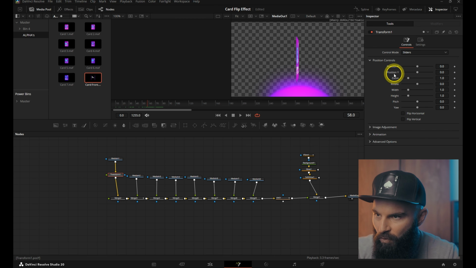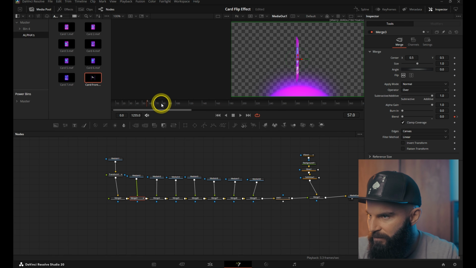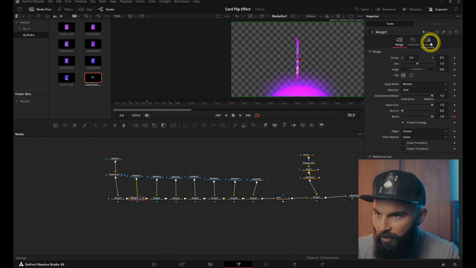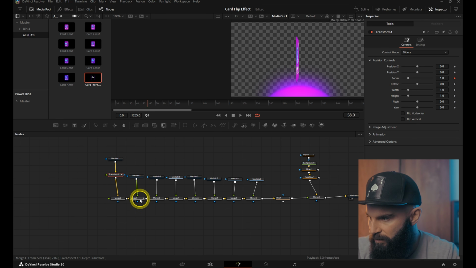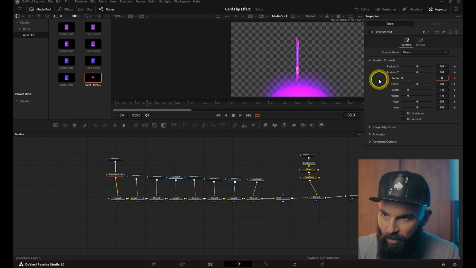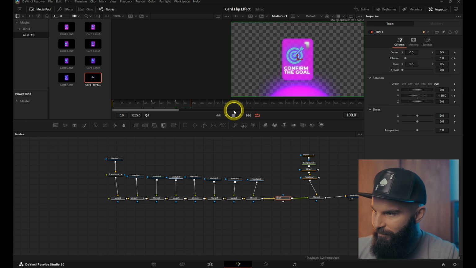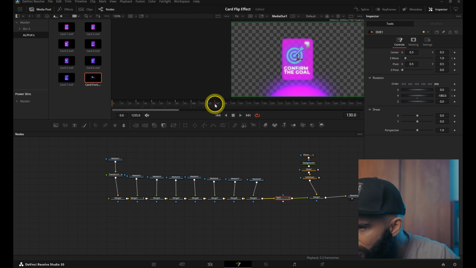Under transform on the front card, we wanna add a keyframe there as well. And then another keyframe, the same keyframes that we had on the merge node with the blend, we'll add them on the transform under zoom as well. And as soon as that one appears, this one goes to 0. There we go. So we'll wait another 20 frames, add a keyframe there, and then skip ahead another 30 frames,